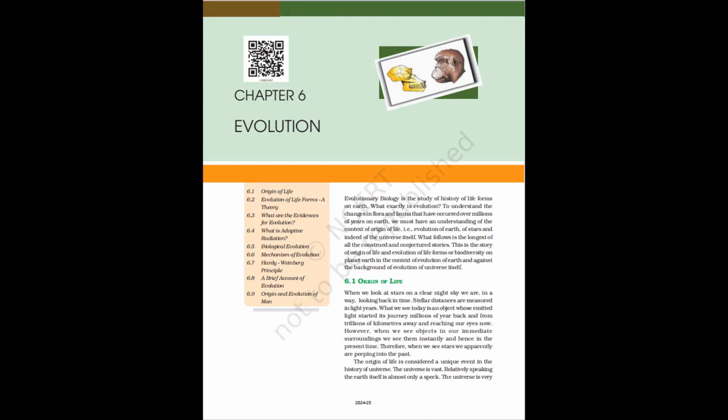Hugo de Vries, based on his work on evening primrose, brought forth the idea of mutations, large differences arising suddenly in a population. He believed that it is mutation which causes evolution and not the minor variations, heritable, that Darwin talked about. Mutations are random and directionless, while Darwinian variations are small and directional. Evolution for Darwin was gradual, while de Vries believed mutation caused speciation and hence called it saltation, single-step large mutation.